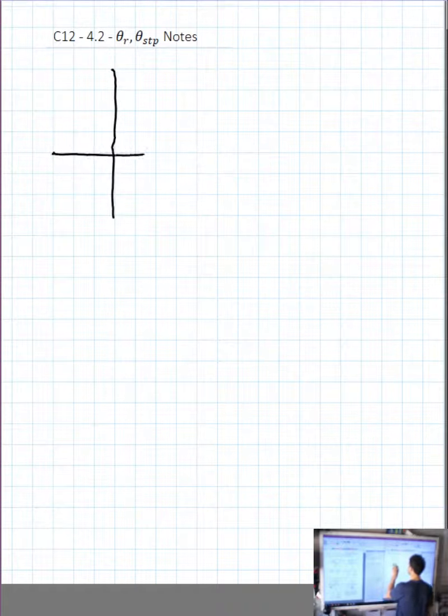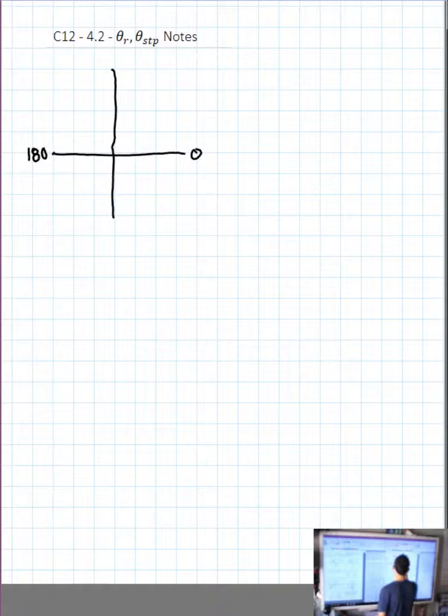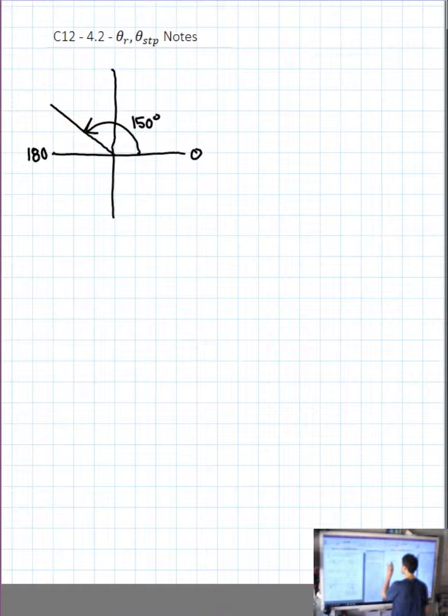Okay, let's look at some of the main types of angles that we're going to see. So we're always going to draw what's called our ASTC graph from last year. And we're always going to mark 0 and 180 and 360 if we wanted to. So following the notes, where is an angle of 150 degrees? Well, that's all the way around and just shy of 180. Which I know is 150 degrees, which means that my tiny little reference angle is 180 minus 150 is equal